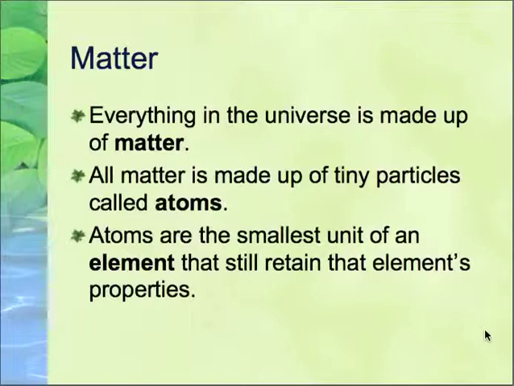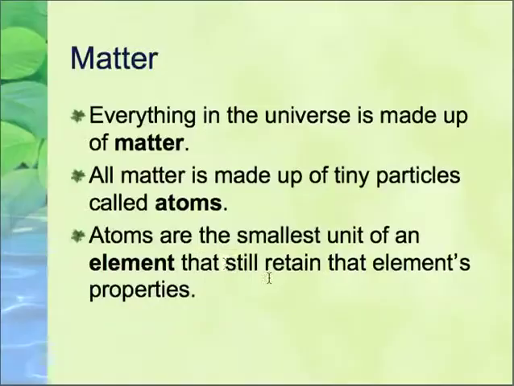So an atom is unique, and if you have a whole bunch of atoms that are the same, they form an element. So we're all familiar with oxygen. Well, every oxygen atom is pretty much the same, okay? So if we have a whole bunch of oxygen, that's called an element, but every individual piece of oxygen is called an atom. All right, it's pretty simple enough.